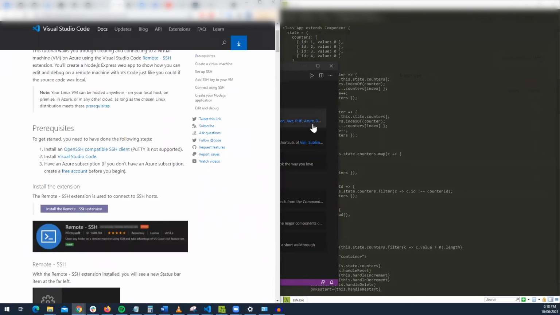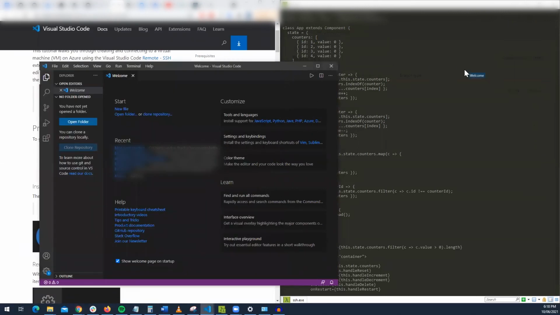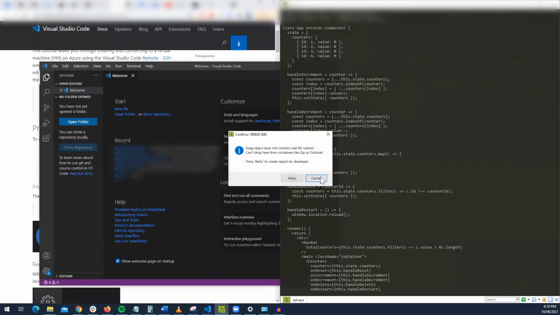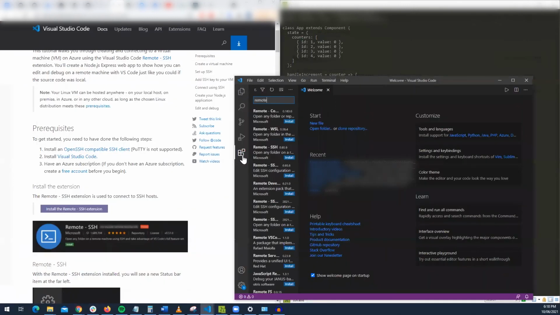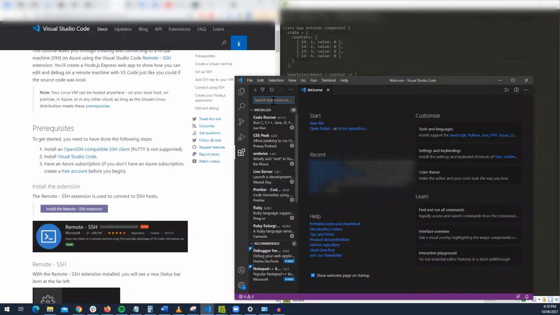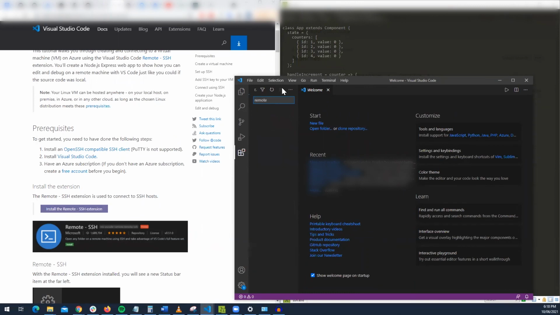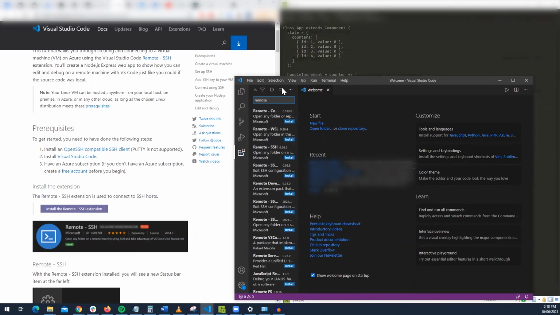We now just need to look for the plugin. Remote h